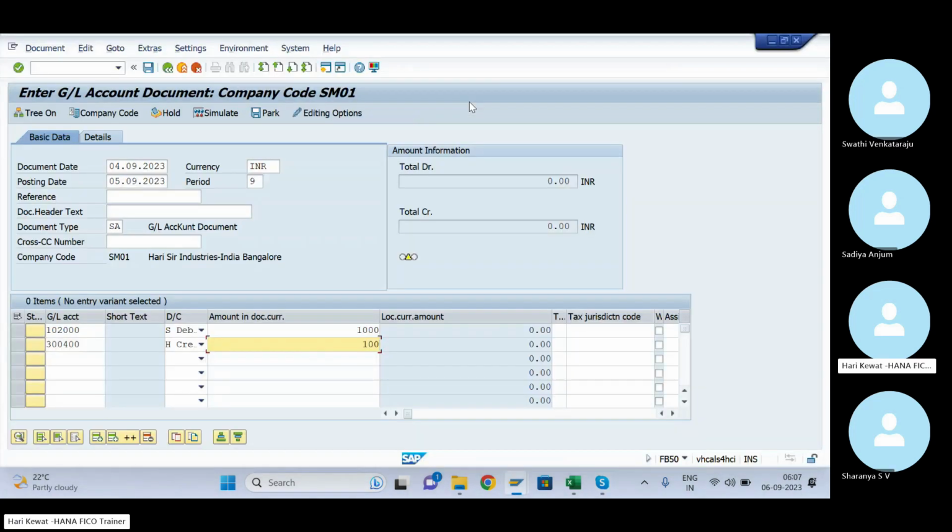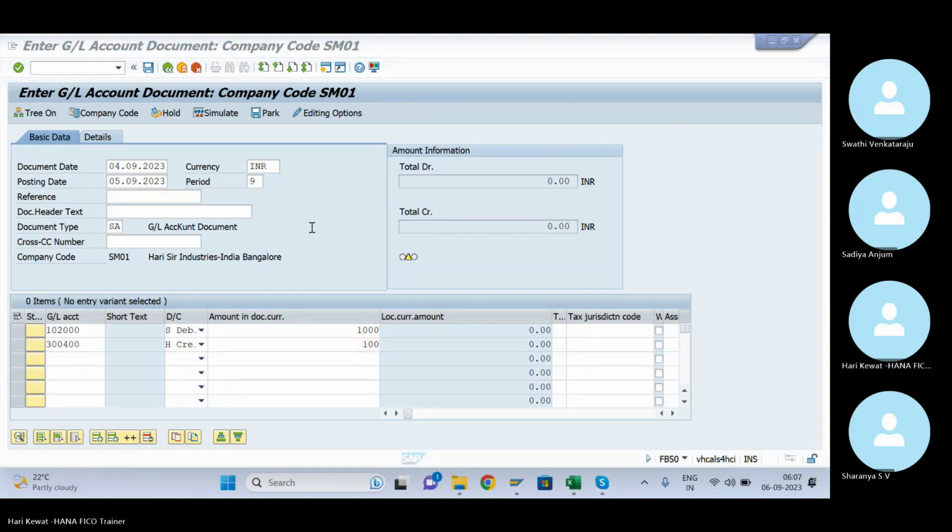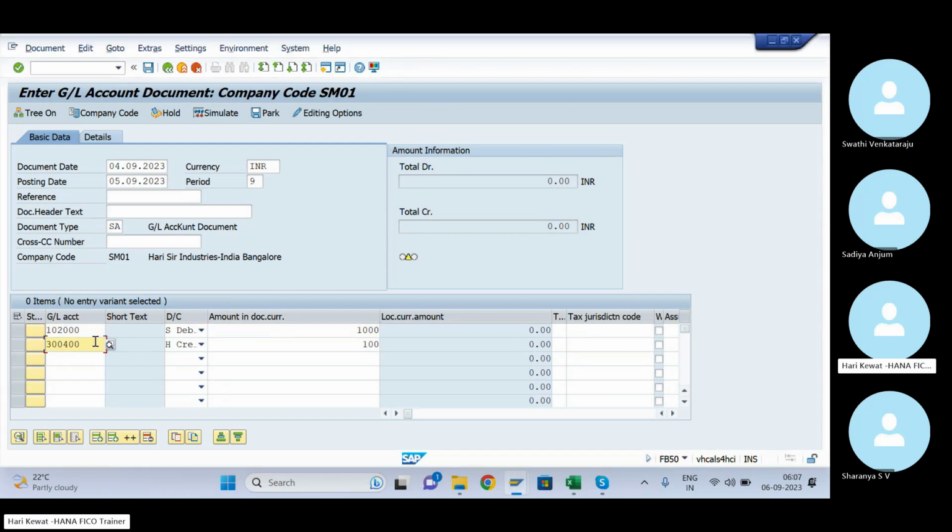Okay, and sometimes, very rarely, you may not be sure about the journal entry, or you are not aware whether the information you have given is correct or not. At that time also you may do the parking and later you do the posting once you get to know the full information. But that is a very rare scenario. But most of the parking process we do is for the approval process. Okay, parking we do for the approval process.